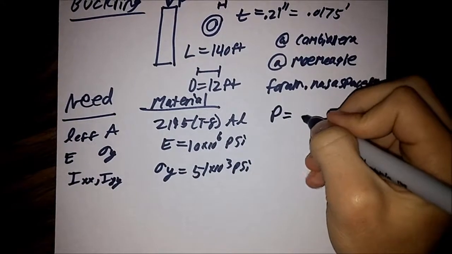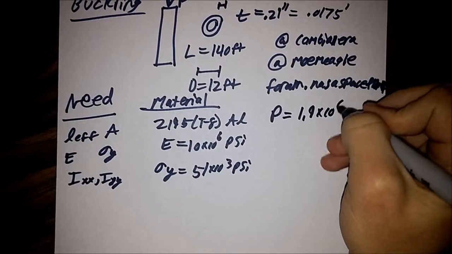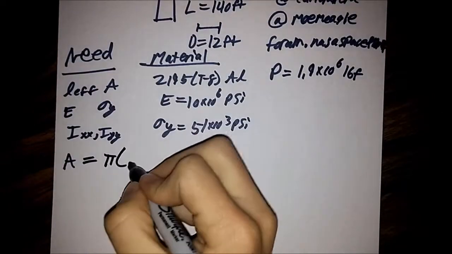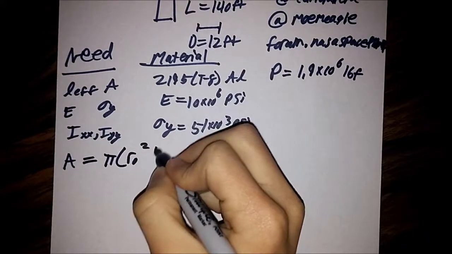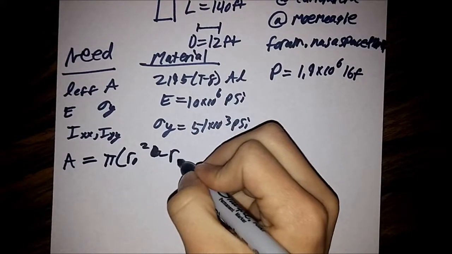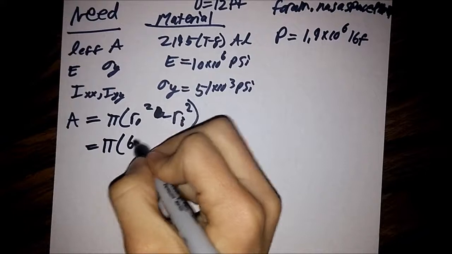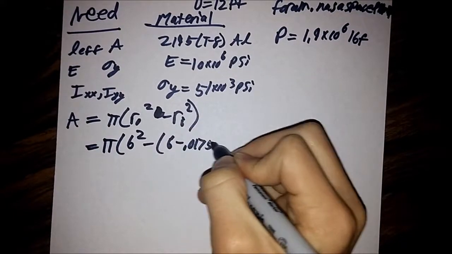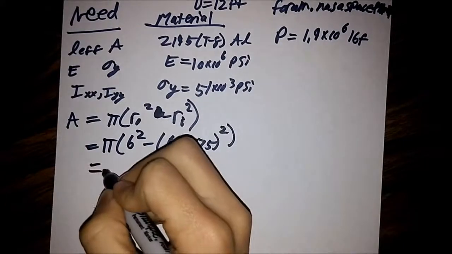Now our pressure was given before, that's 1.9 times 10 to the 6th pound force, and our area will be equal to pi times the outer radius squared minus the inner radius squared, which is pi times 6 squared minus 6 minus 0.0175 squared, which will come out to